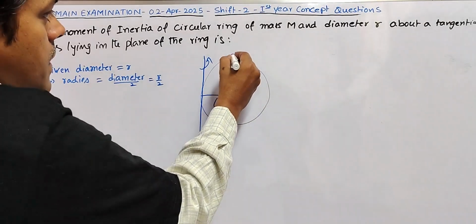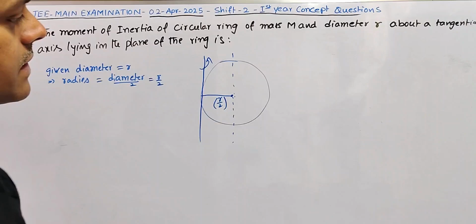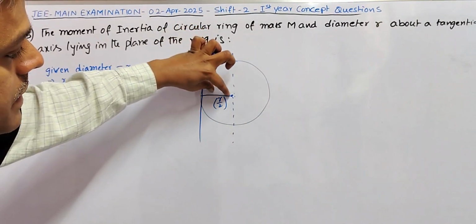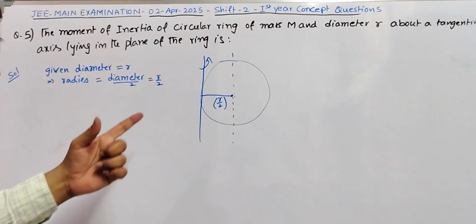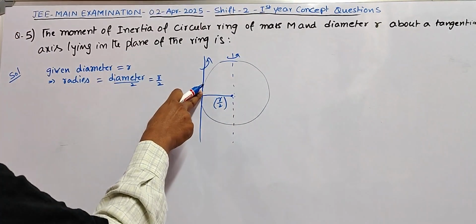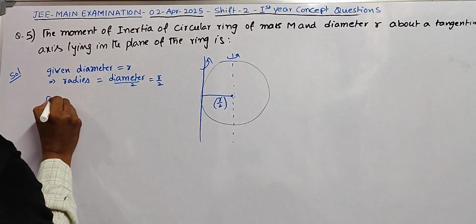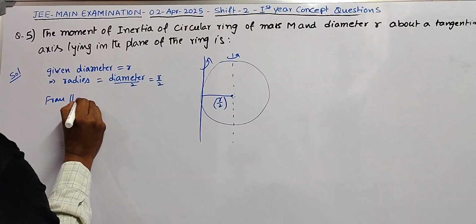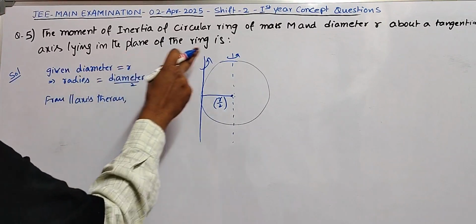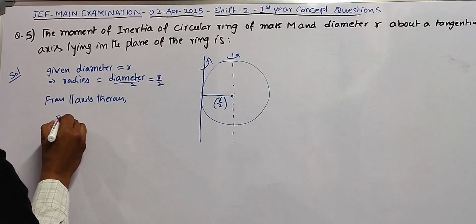You know one thing. If you know the moment of inertia of this circular ring about its center of mass, and add the product of the total mass of the ring and the square of the perpendicular distance between these two parallel axes, that gives the moment of inertia of this circular ring about this tangent. That is nothing but the parallel axis theorem. So from the parallel axis theorem, the moment of inertia of this circular ring about a tangential axis, say I,